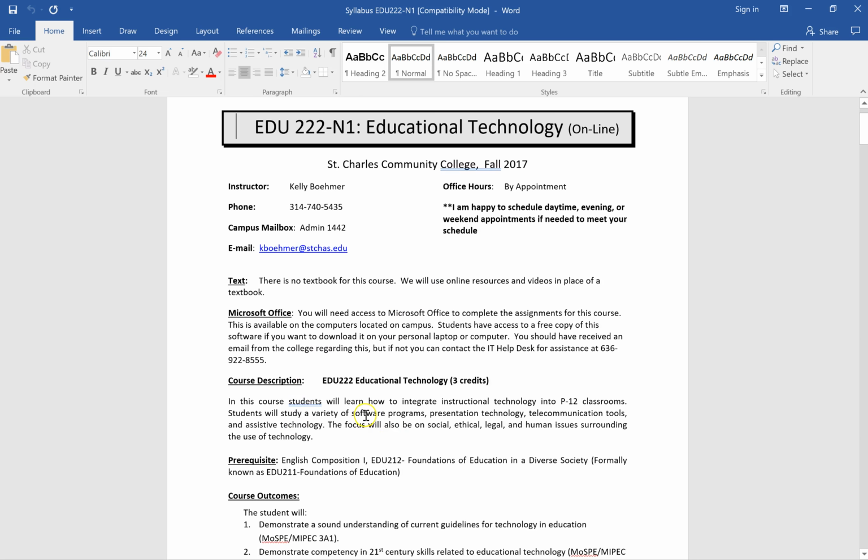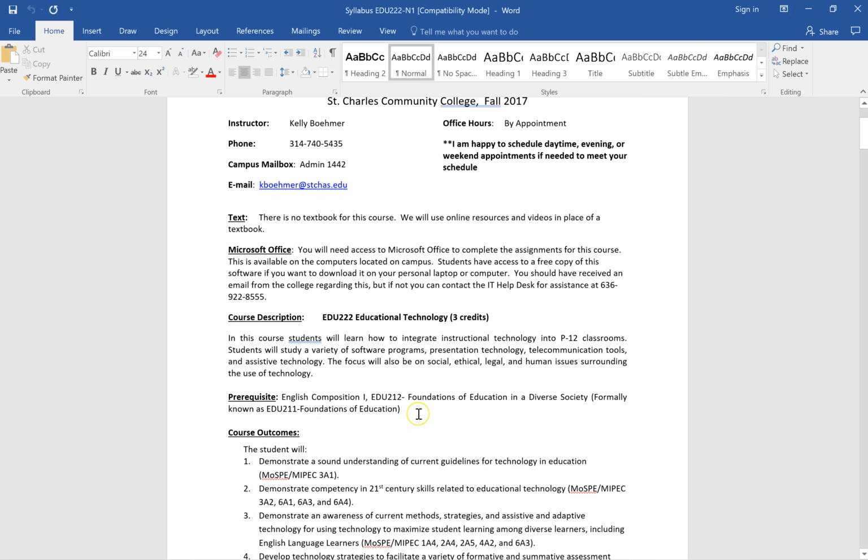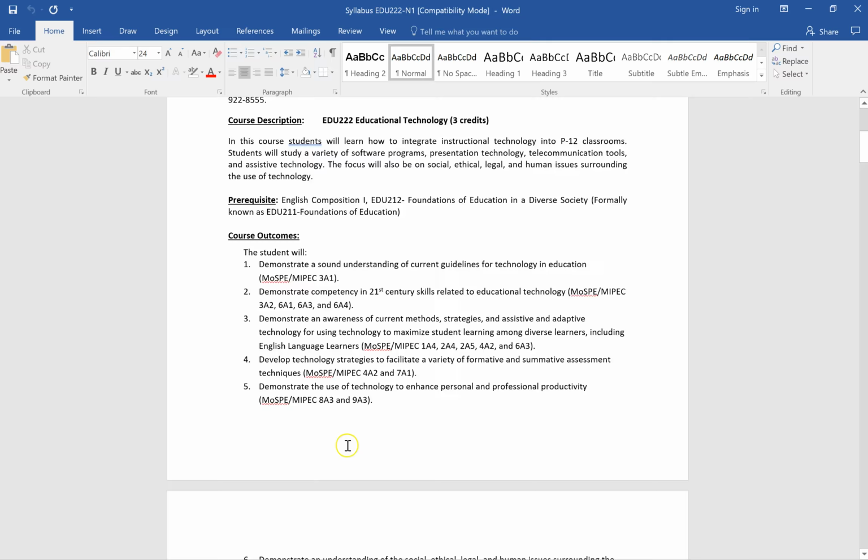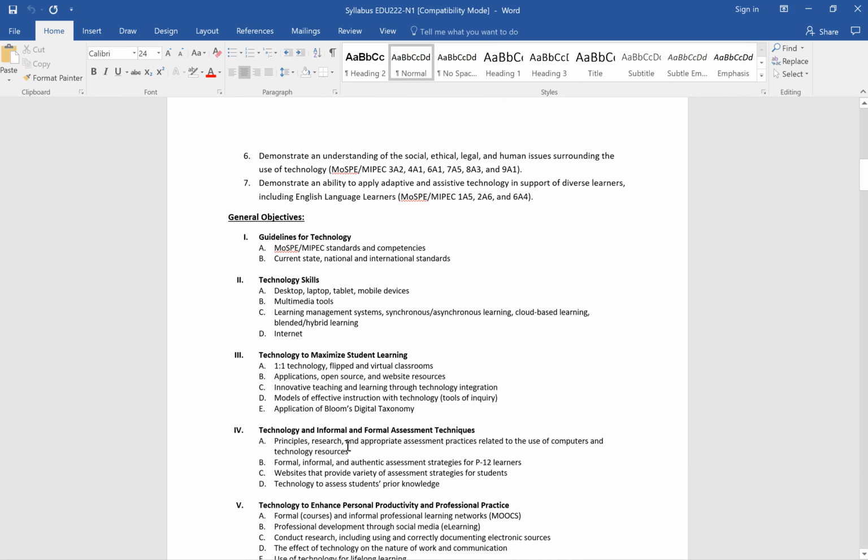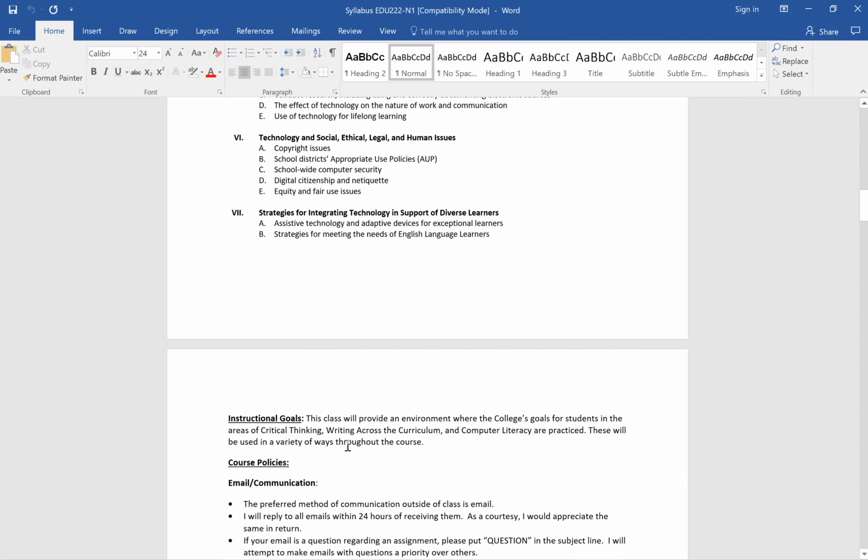You'll find the traditional course description as well as prerequisites. Please note that a prerequisite for this class is English Composition 1 and Foundations of Education, which is currently EDU 212 but has been EDU 211 in the past. So either one of those will meet the prerequisite qualifications. The general course outcomes, the objectives for the class, all of that as usual noted in your syllabus